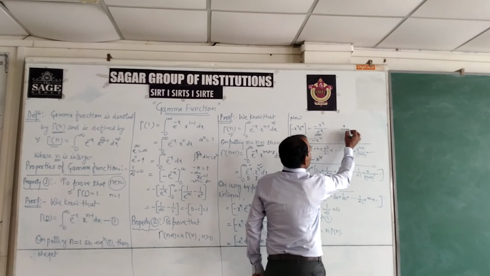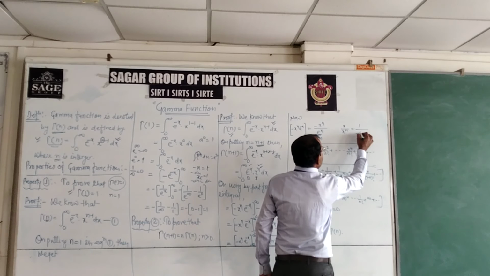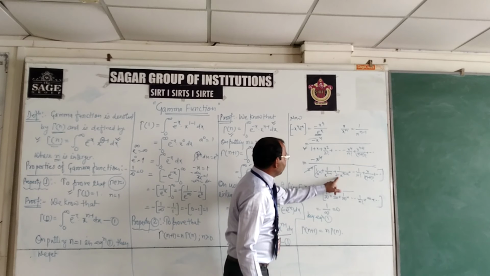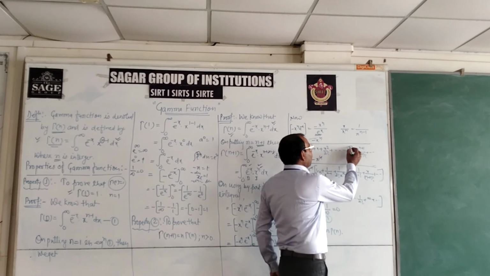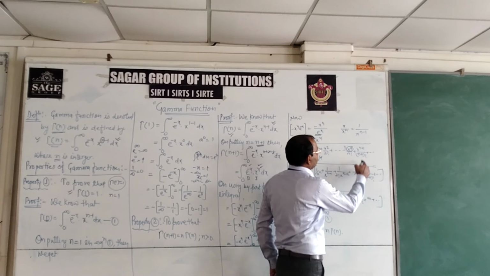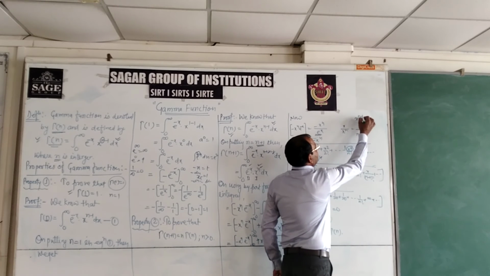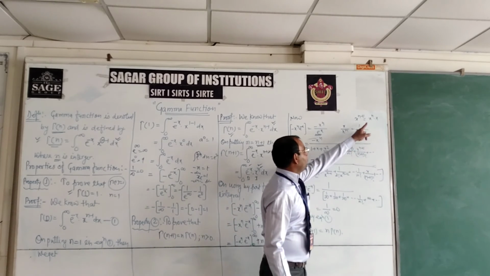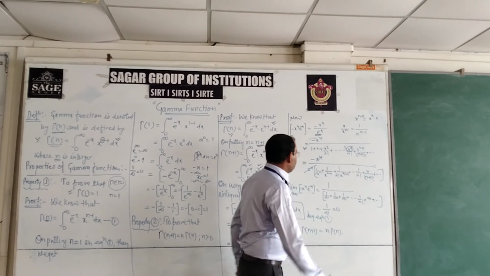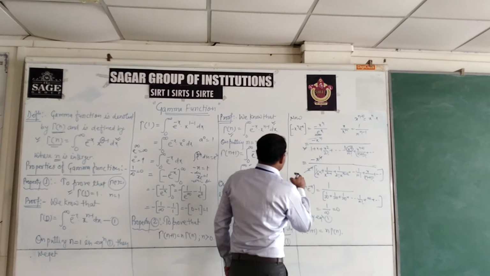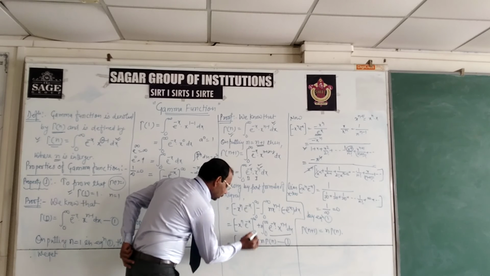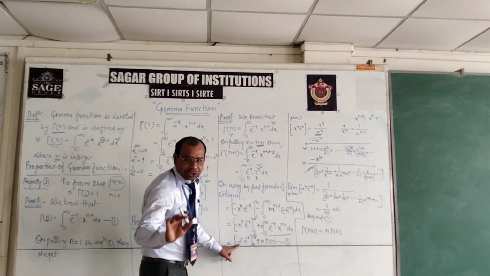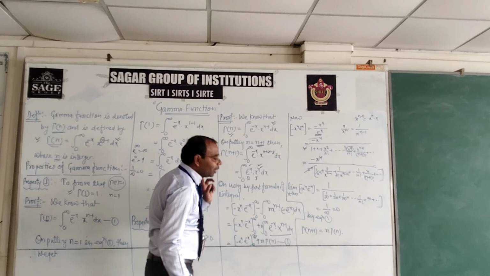So x upon x to the power n is 1 upon x to the power n minus 1. So 1 upon x to the power n minus 1, the same term, 1 upon factorial 2 x to the power n minus 2. X to the power n is common, therefore 1, so 1 upon n factorial. X to the power n plus 1 can be written as x to the power n into x, so x to the power n is common, so this is x upon n plus 1 factorial. This term will be cancelled. The next important limit is infinity; the limit x tends to 0 will be 0. Therefore, this is not necessary for us to prove that this will be 0.